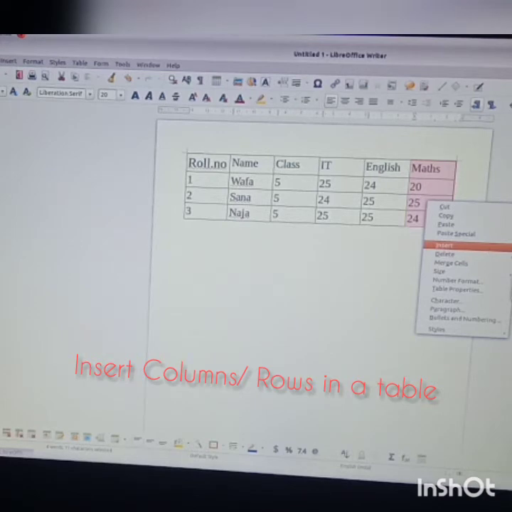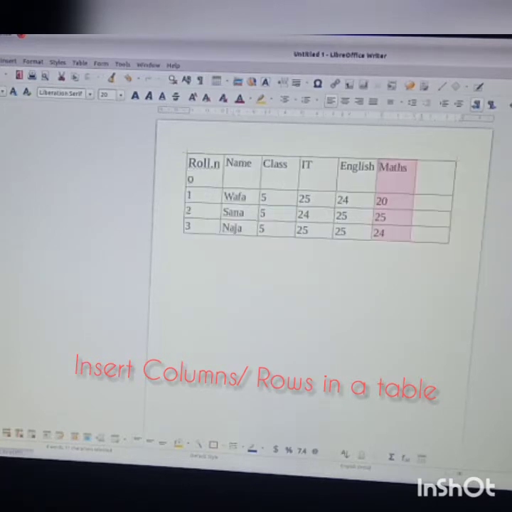We have to add a column left and column right is there. So you have to add in the column right. So one column is added to the right of Max. Can you see? Now here you can add science. So science subject is also added and the science mark also you can add to this.